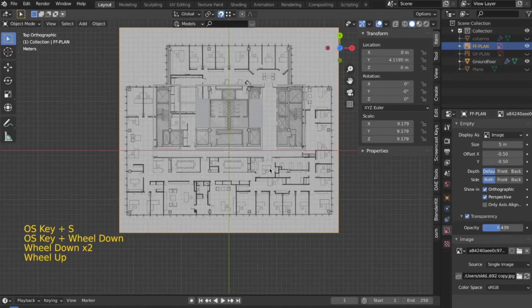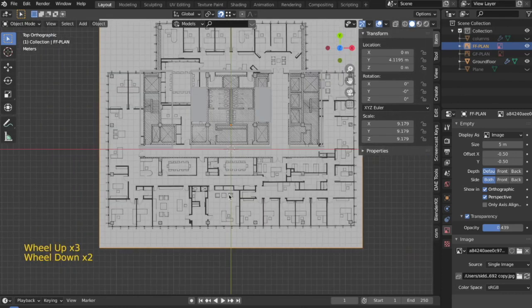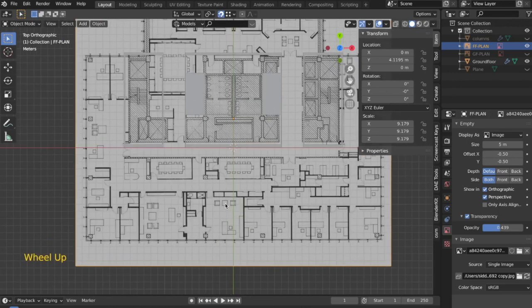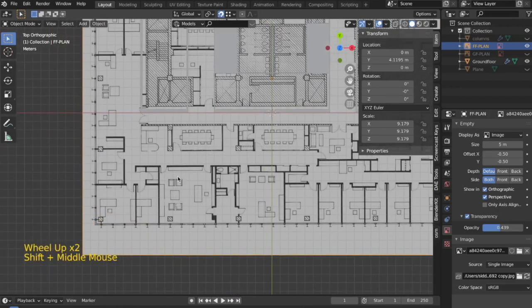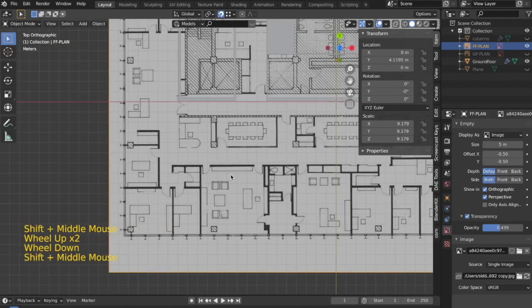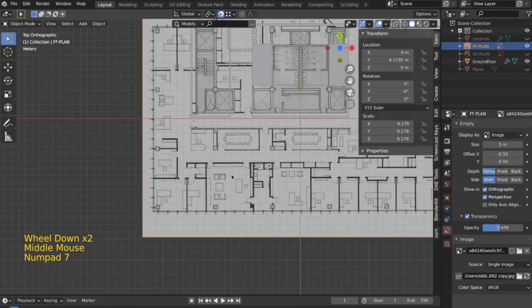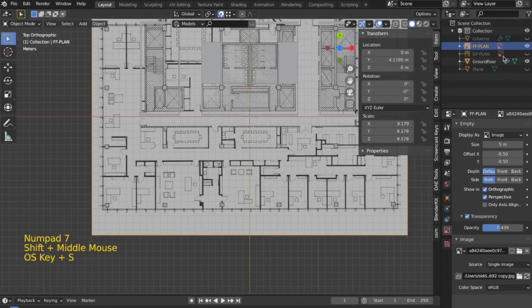Now for this plan, I'm not going to help you model this whole part. I hope that you will model it at home and learn what we had learned in the ground floor plan. I'll just show you the basics over here so that you do not forget them. But I really hope that you will model that. This will help you grasp the understanding of what we are doing here. So now for that, first I'll also switch off the ground floor layer.